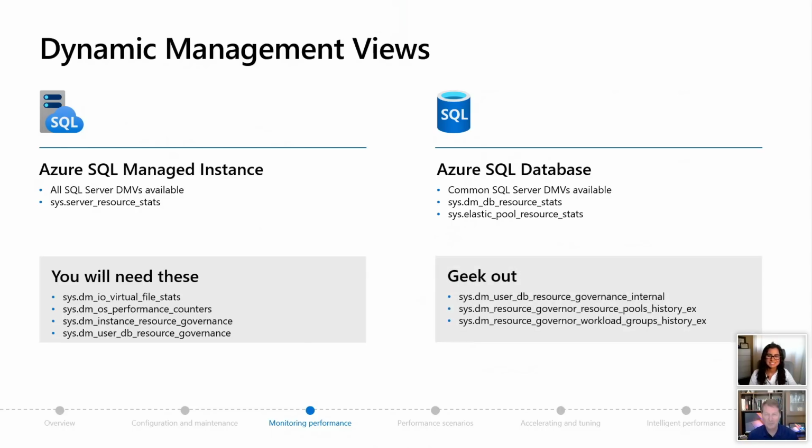So we're going to expose some DMVs that may not necessarily be documented, but give you some pretty cool insight. These last two, for example, the first one is only available in managed instance, but the last two are pretty interesting. We actually use those in engineering to debug problems. We look at a history in here of governance going on behind the scenes of background tasks and user load to look at possible customer problems. So if you want to geek out and really get into some internals, you can go look at those DMVs.